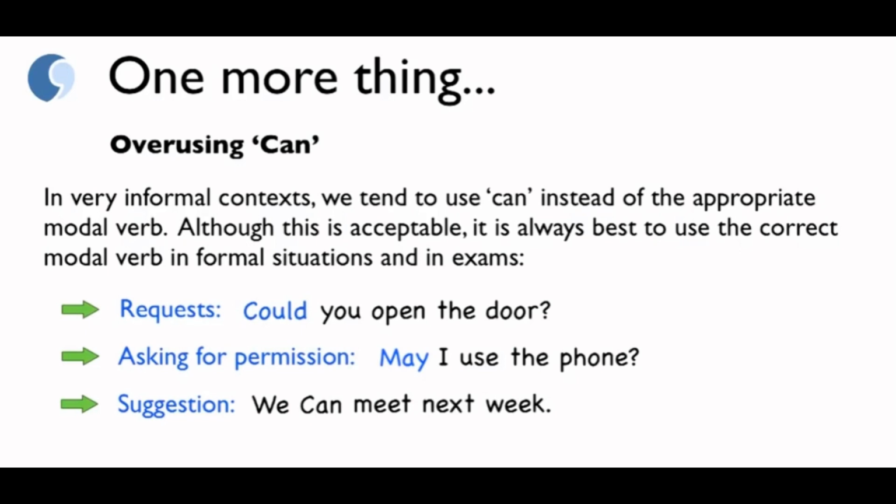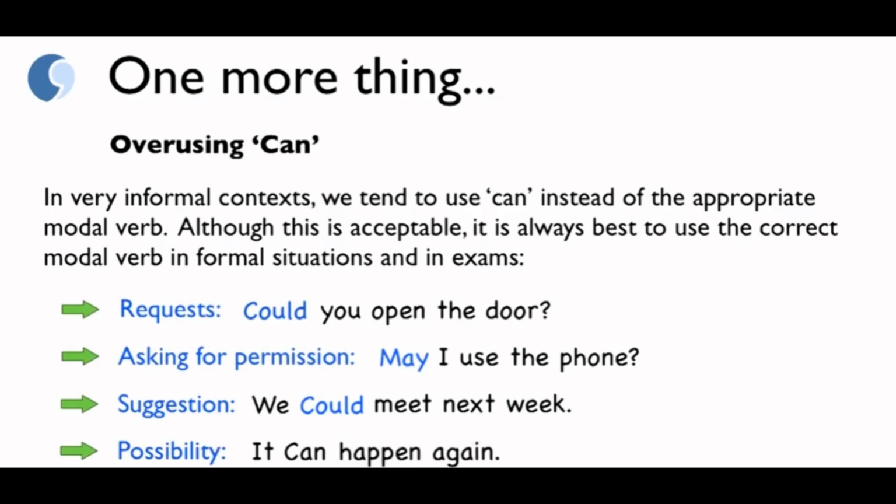But now, as you know, the correct modal is could, so you should say we could meet next week. And finally, for the possibility in the present or future, you could say it can happen again. But now, as you know, the better modal is may, so you should say it may happen again for strong possibility, might happen again, and